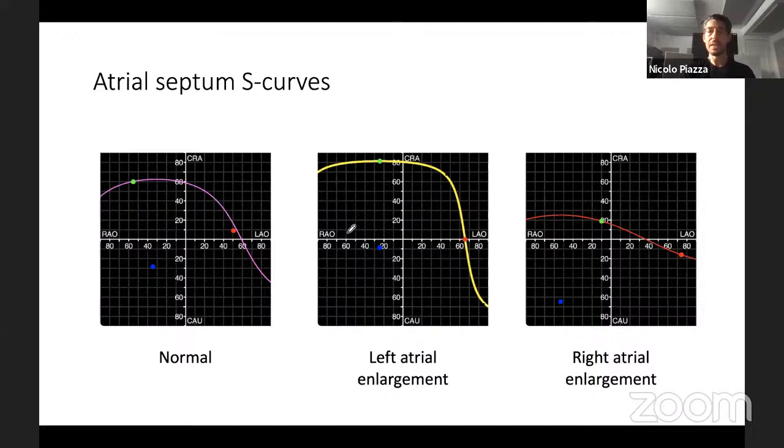And so the middle S-curve you see is pretty vertical. And so this patient had a vertical atrial septum. On the right-hand side, the patient had right atrial enlargement, severe right atrial enlargement, and the S-curve became more horizontal. Why is this important? Because when I see these different variations, I start to tell myself,